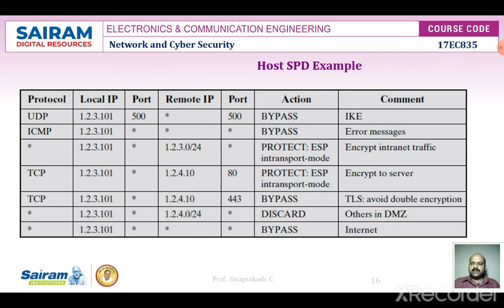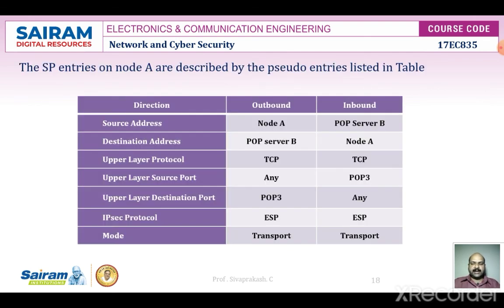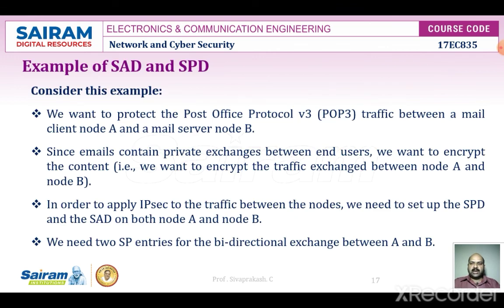Let's see the UDP protocol, ICMP protocol, and TCP protocol. Here the port numbers of UDP and TCP have been mentioned. UDP consists of 500 as a port number, and TCP 80 as well as TCP 443 are present. So this table is an example of a security policy database from the host end. Let's discuss another example, which is going to be for SAD and